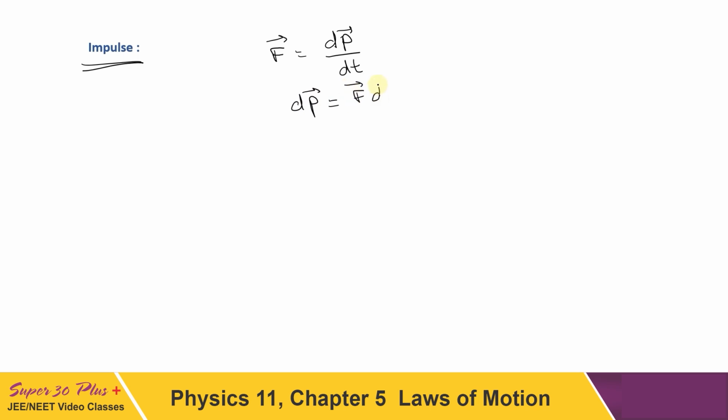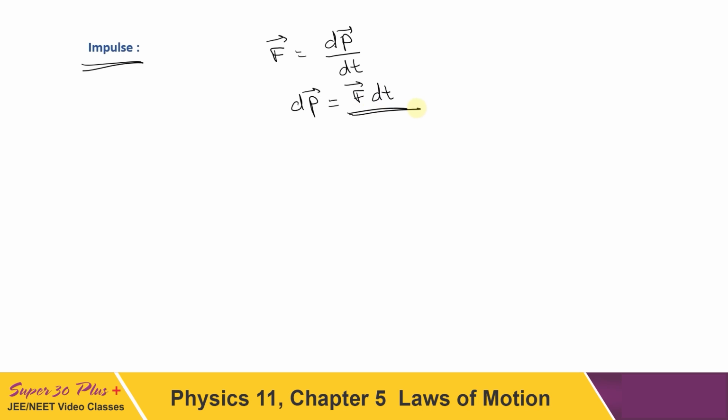This term is called impulse. Especially it is useful for the cases when force is applied for a very short interval of time and it has a very large magnitude. That is why sometimes it is also called impulsive force. When force is applied with a jerk, that is called impulsive force. So impulsive forces are very large forces applied for a very short duration of time. For those kinds of forces, it is not normally possible to calculate the value of force. What can be calculated easily is the change in momentum before and after the event, and that is why we can calculate the value of impulse, not the force but the impulse.